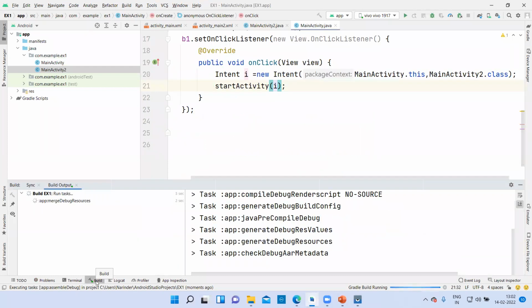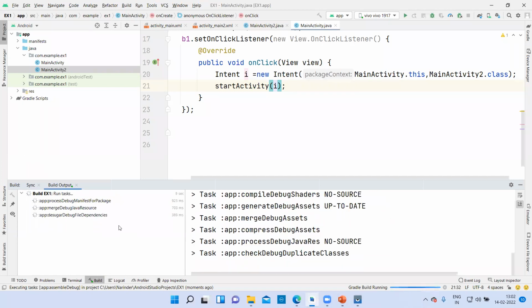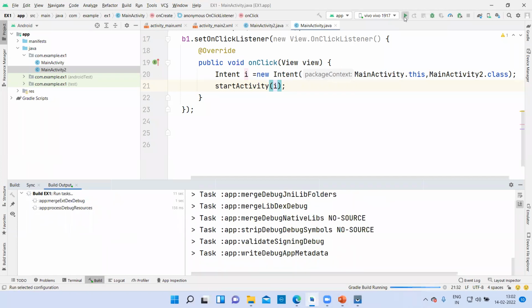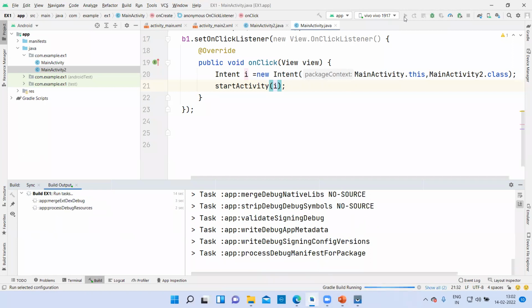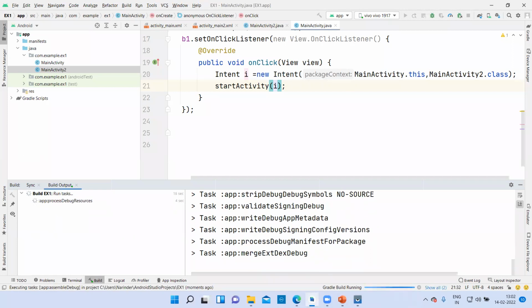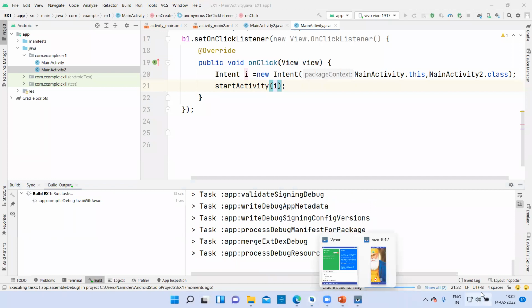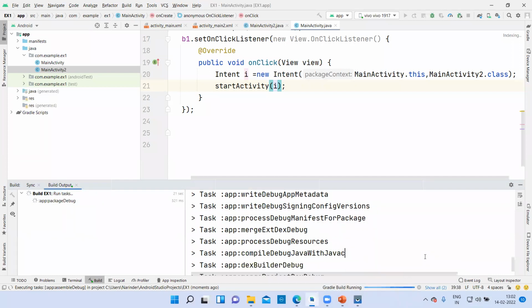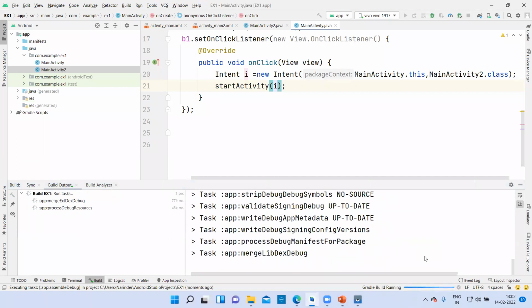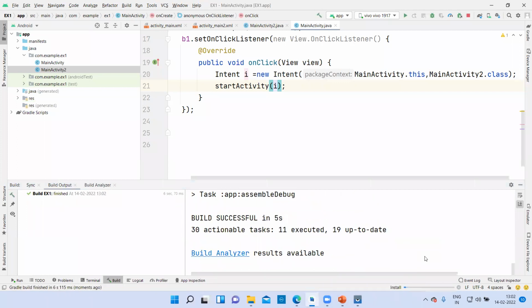Let us see whether it runs or not. So this is now building the project, and shortly it will deploy it onto my phone. So we are getting this install, and it is going to deploy it on my phone.